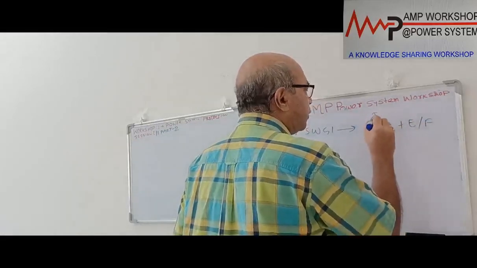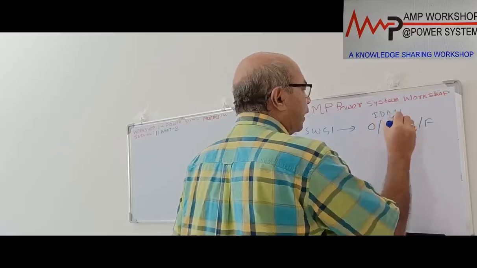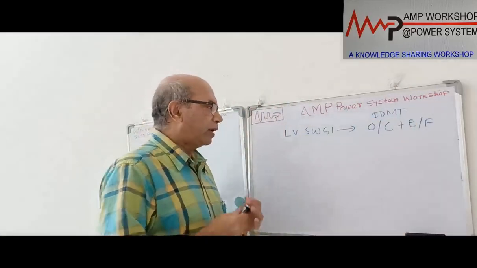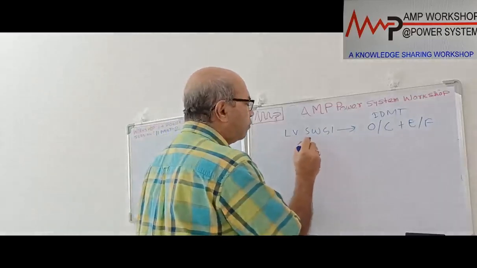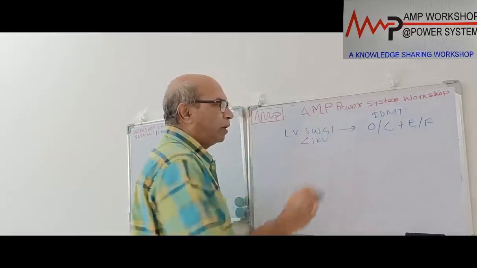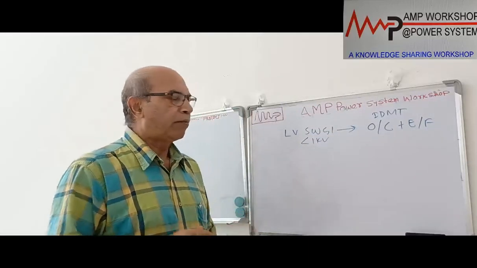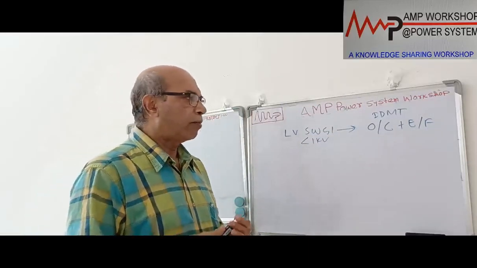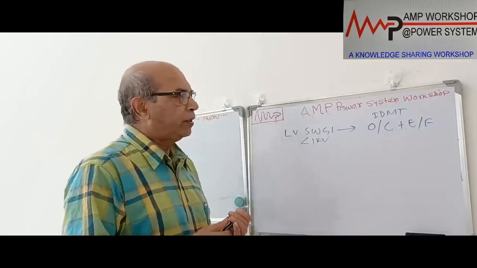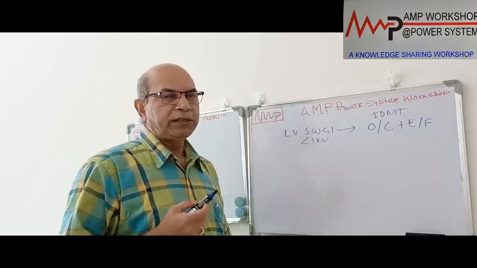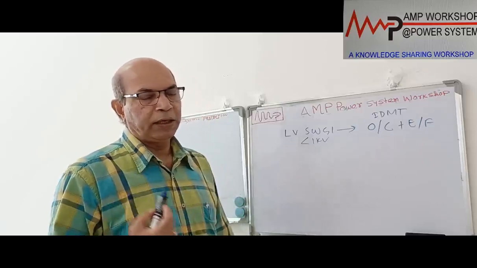It is an IDMT overcurrent and earth fault protection if it is LV switchgear below 1 kV. Normally we provide IDMT overcurrent, but if that switchgear is linked